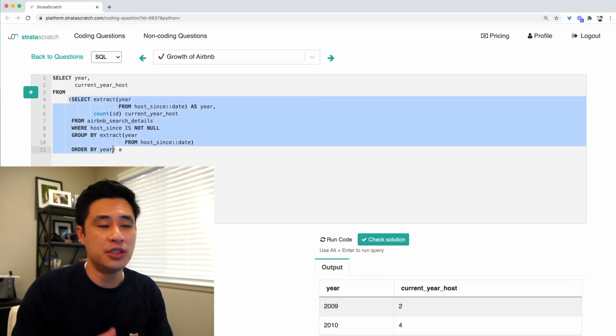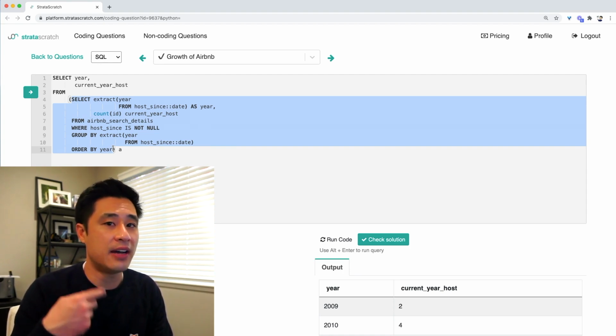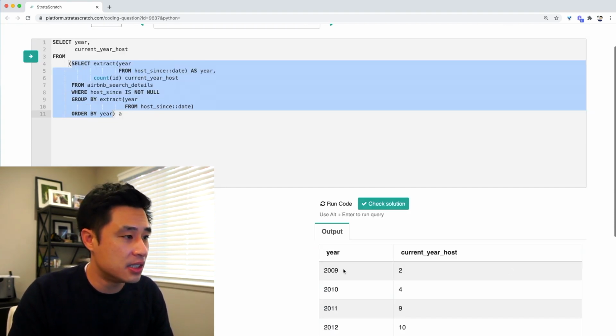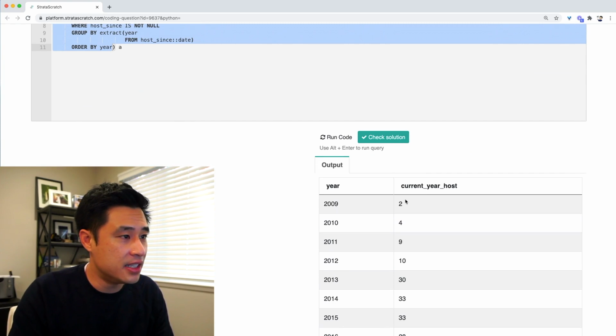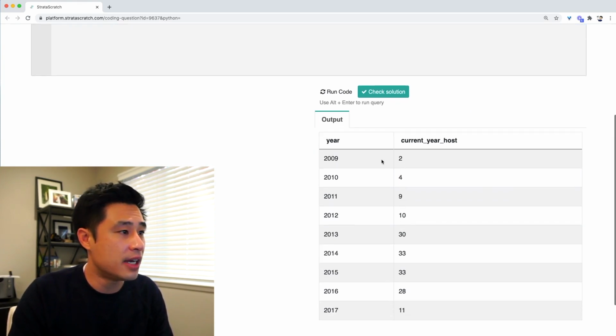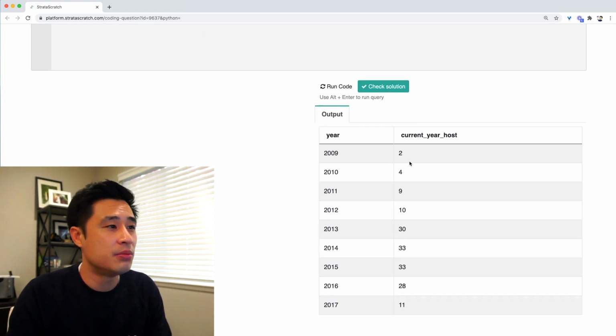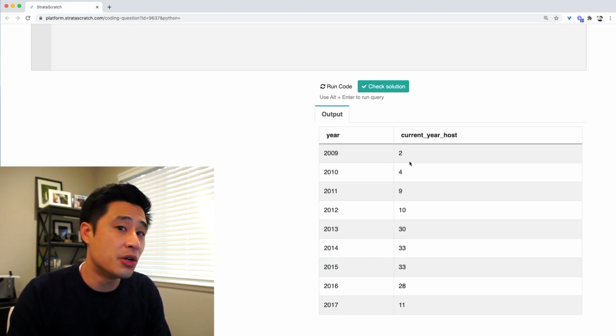So all I'm really doing in this subquery here is extracting the year from that date and then counting the number of hosts that we have for that year. So what we have basically is the year and then the number of hosts that have registered in that year. So 2009 we had 2 hosts, 2010 we had 4 hosts, and it grows and then it looks like it kind of declines. But what we want to do is generate a calculation where we understand the growth year over